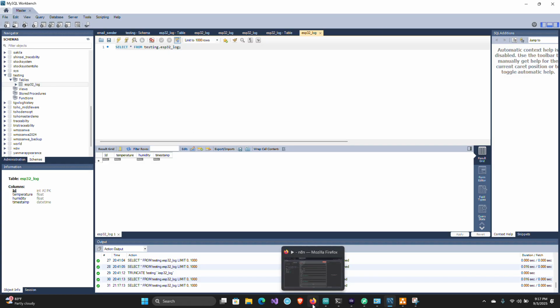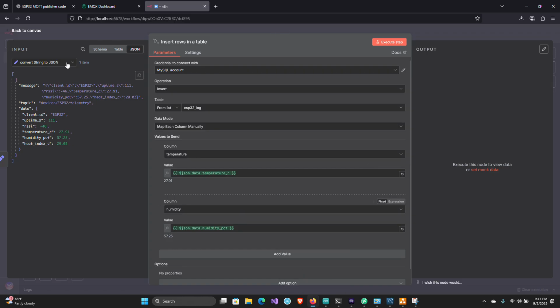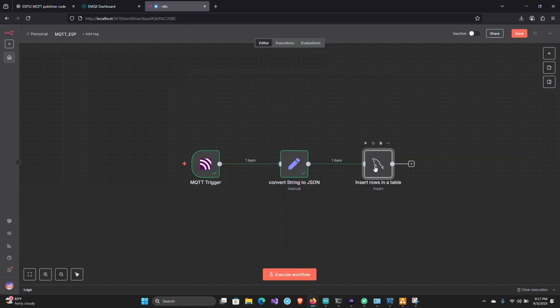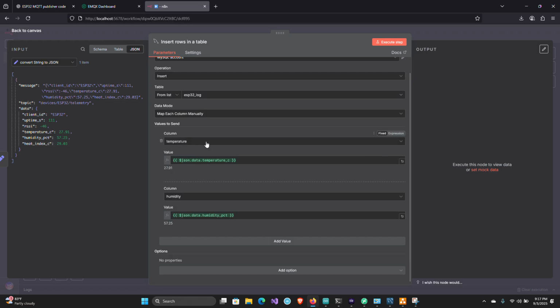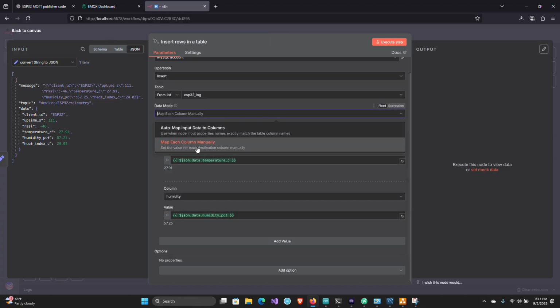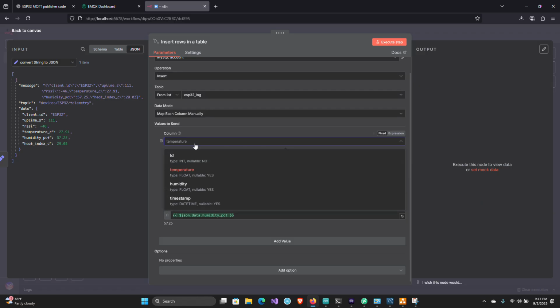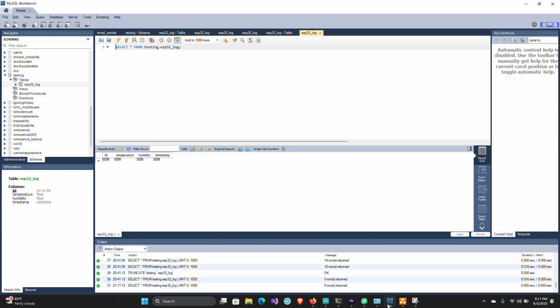And then we go back to N8N here and open the MySQL node. Here we can map the data because we are already connected to the table. So we choose to map each column manually. It will automatically show the list of the columns here.